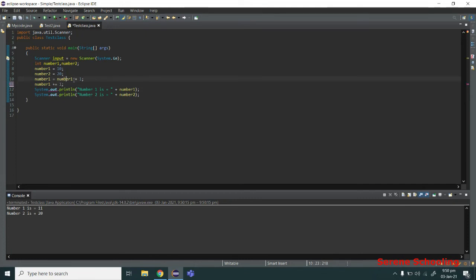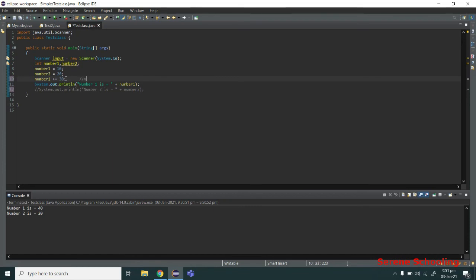It can also be written like this. So you have already seen this. It can also be written like this. I will use this style more often since it is a good practice. So as you can see, it does the same thing. So what if we want to increment it by a bigger value? Let's say 30. Now let's run it. As you can see, number 1 is now carrying 40. Since we have added 30 into the value of number 1.